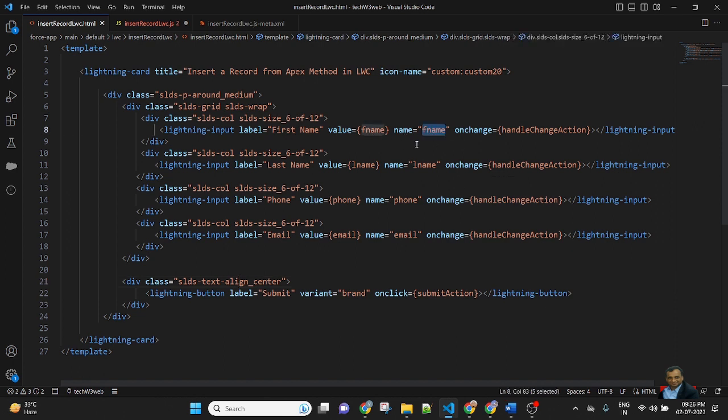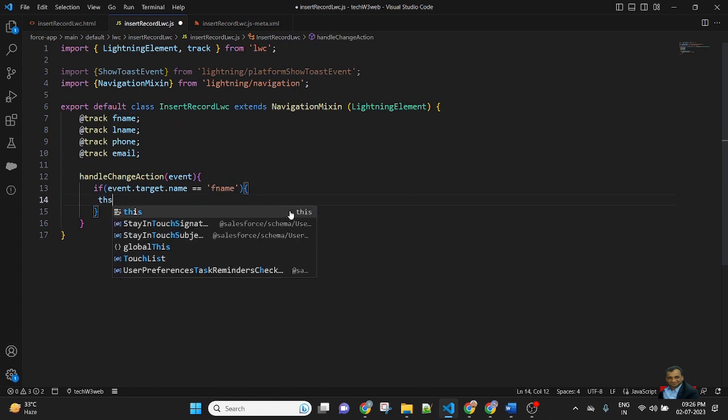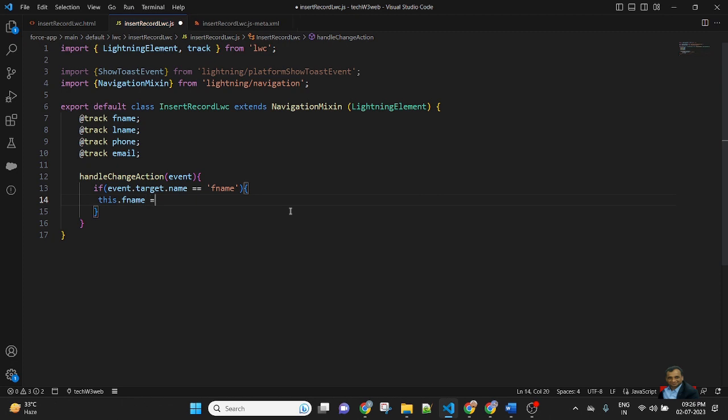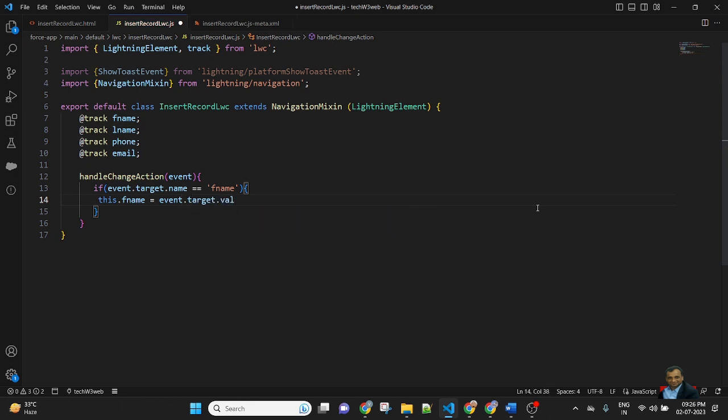So I will check if name equals fname, then this.fname equals event.target.value.